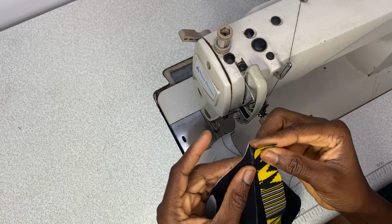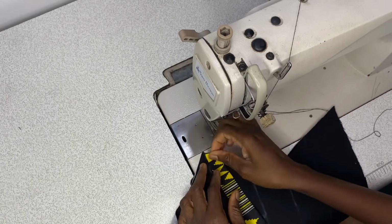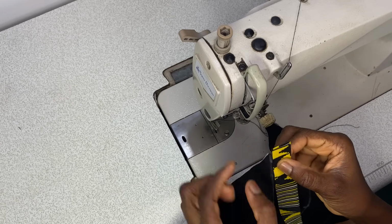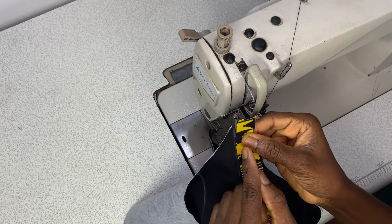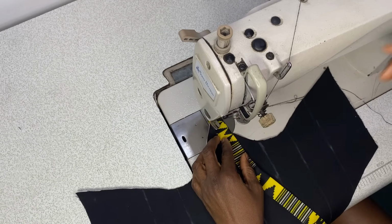Make sure you're not placing this casing directly on the line. So now I've placed the casing very close to this line, and then I'll go ahead to stitch it all the way from the up to meet the down part. The reason why it's important not to stitch directly on the line is because after stitching and folding this